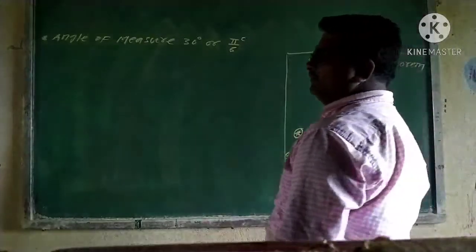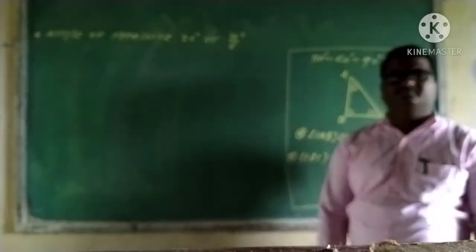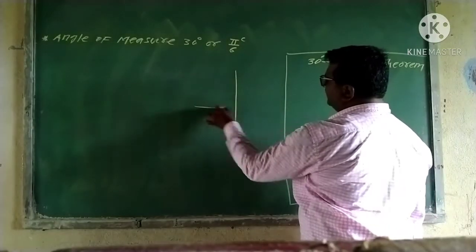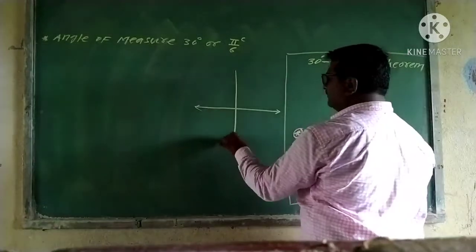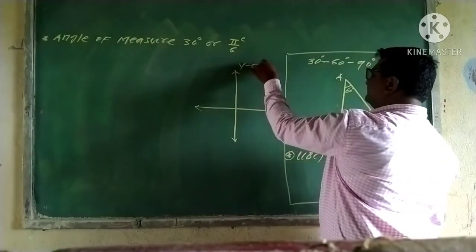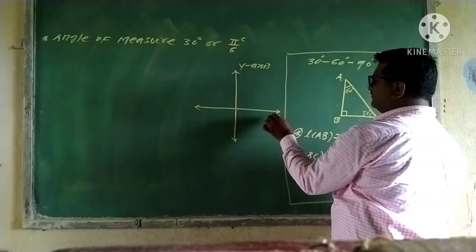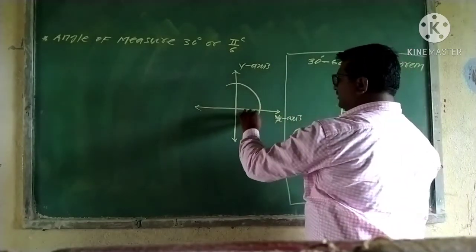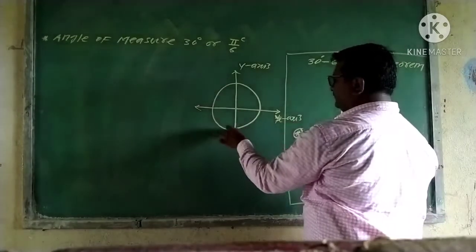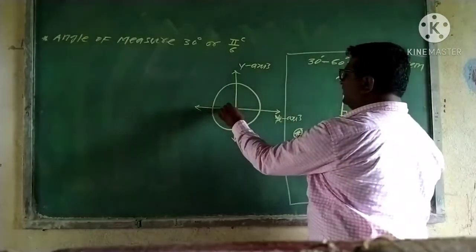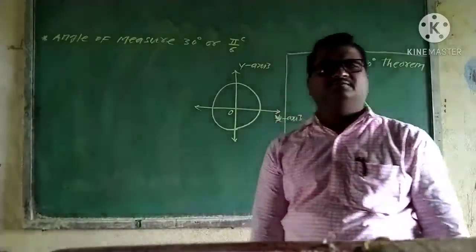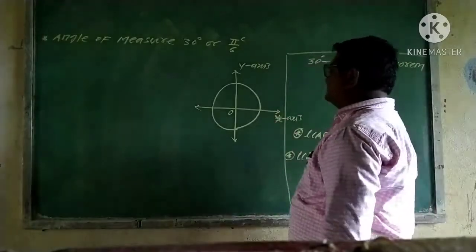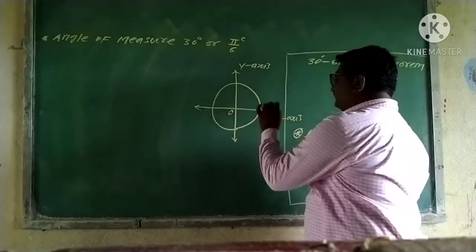Now here process same. Consider a standard unit circle. Now here I have to draw here a standard unit circle. Now here the y-axis and the x-axis, and consider that a standard unit circle whose center lies on origin, and in these terms consider that this point is the point A.